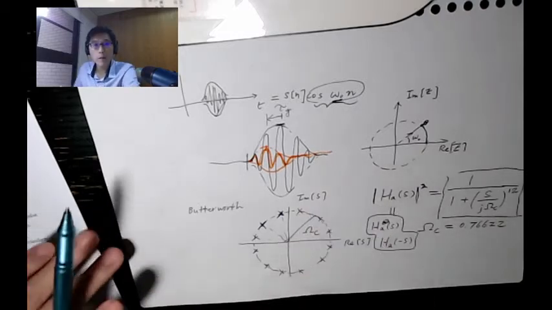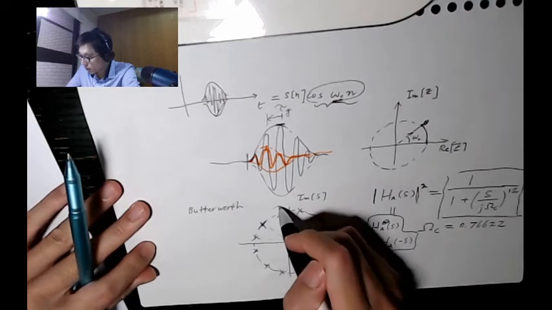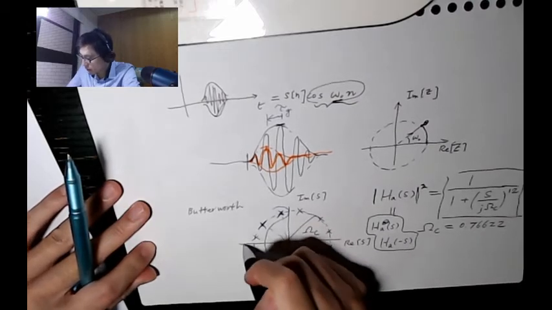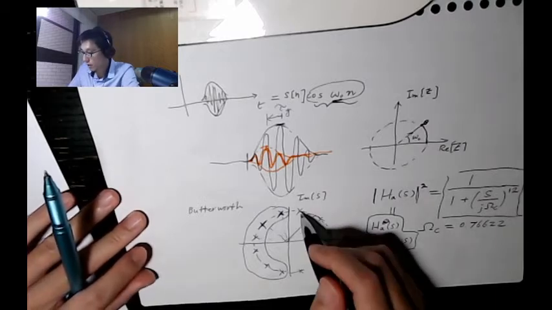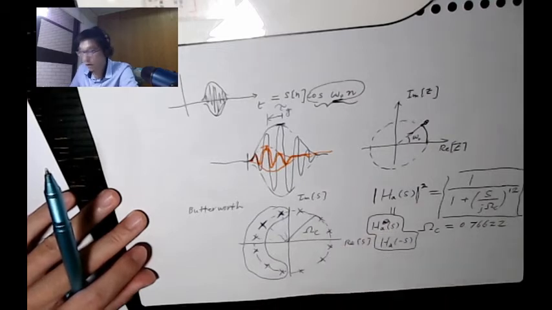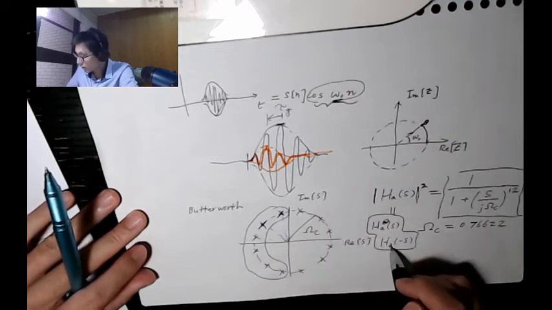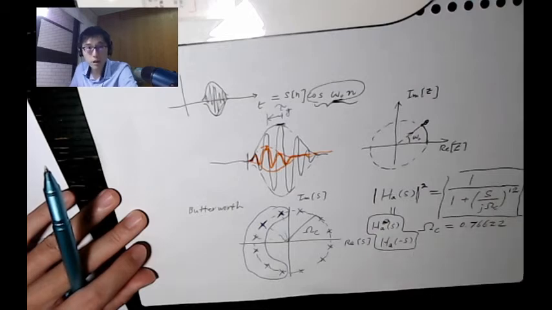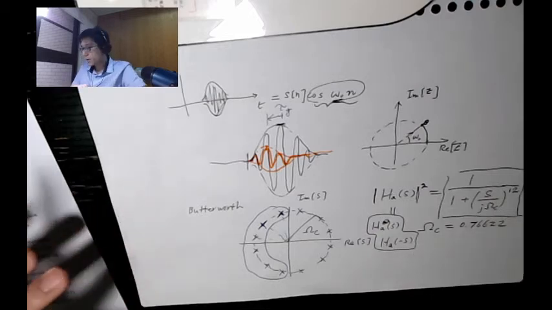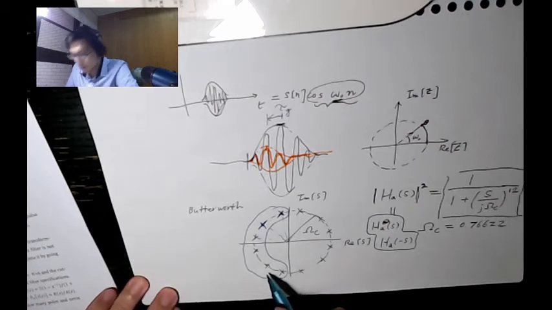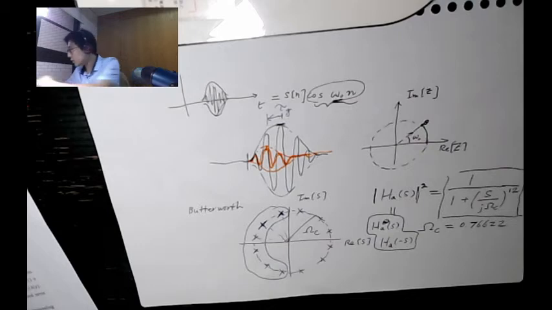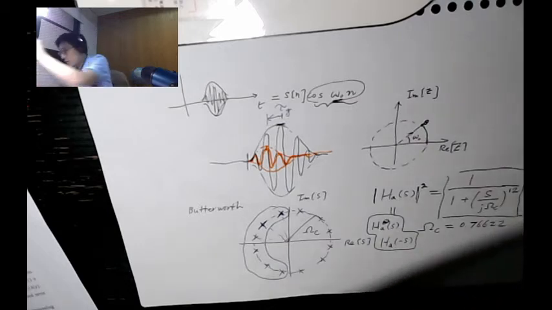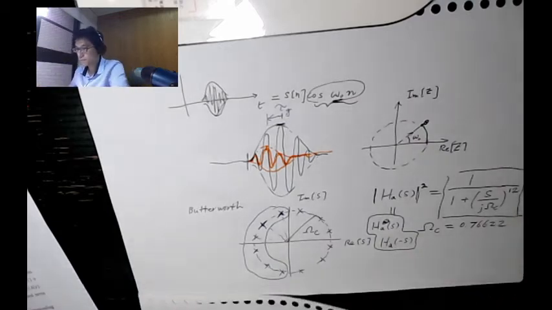We basically assign the 6 on the left to our transfer function, and the other 6 belong to HA of minus S. Anyway, that means we can now have an expression for the analog transfer function.